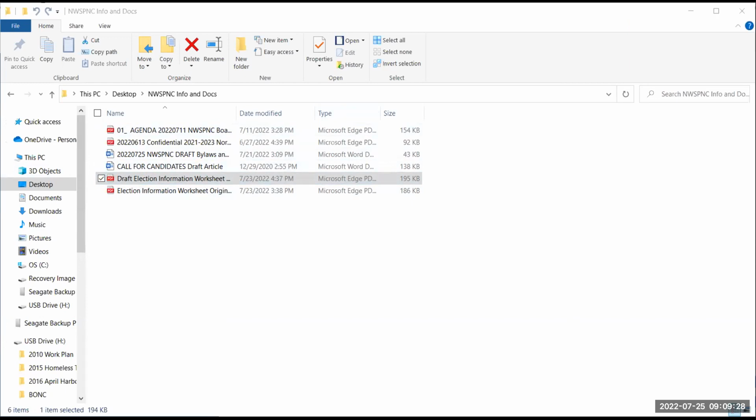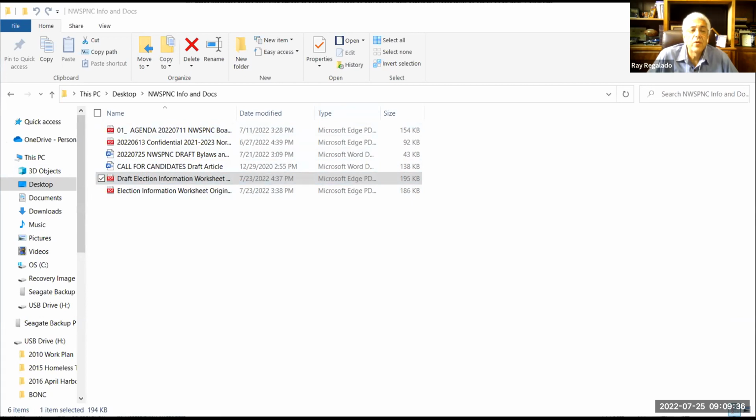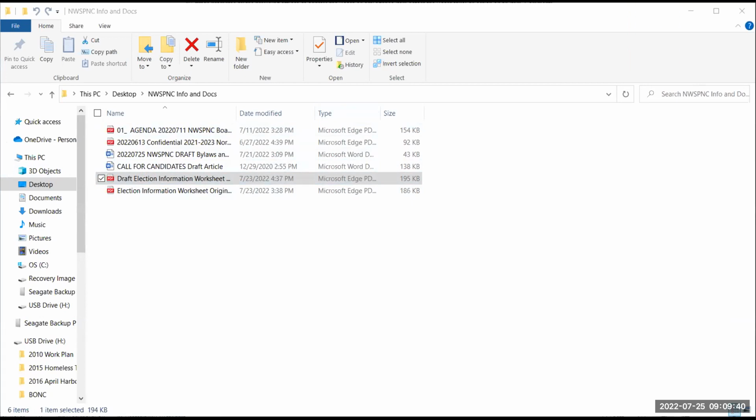You have to have the worksheet on the top of your screen. Okay, I hit the top of my screen, the worksheet. You see that now? No, darn. Oh, minimize this one. Minimize the file manager.